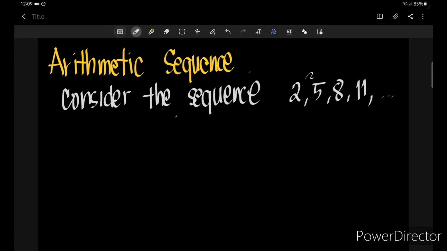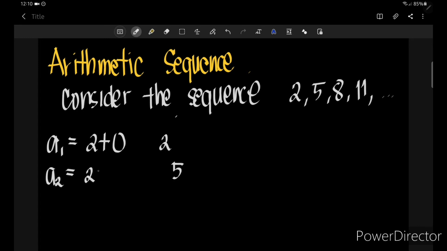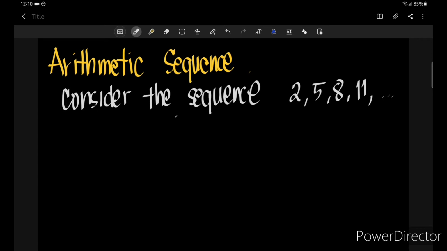Okay. Now, ang sequence na to ay i-denote natin as A, then yung subscript, yung position ng bawat terms. Yung A sub 1, pwede natin siyang isulat as 2, or, pwede natin siyang isulat as 2 plus 0. Yung A sub 2, which is yung second term, ay pwedeng isulat as 5. At yan din ay sulat natin as 2 plus